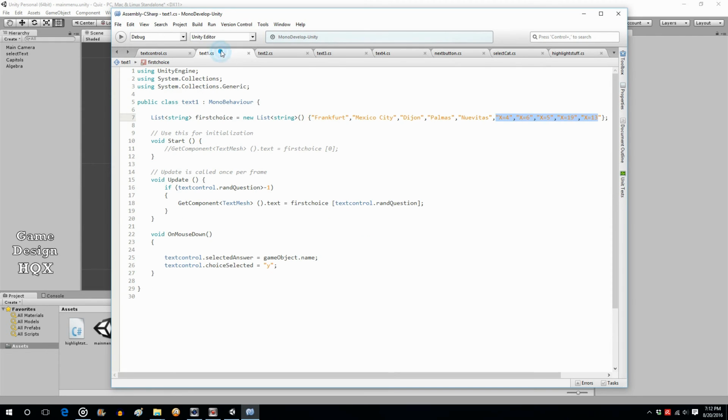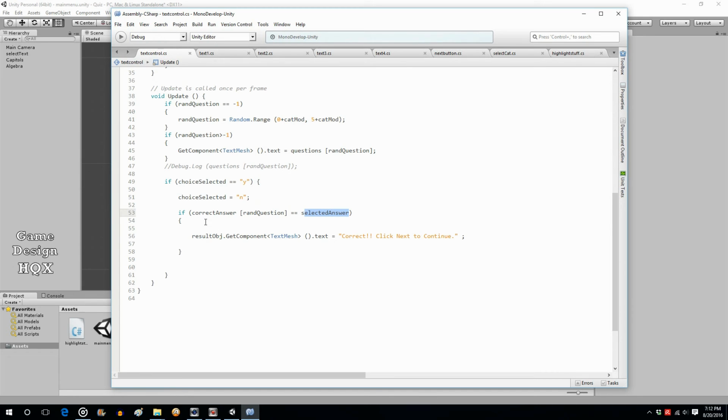And the selected answer is what you just clicked on. So we have, if it's right, this occurs. But if it's not right, then something else needs to occur. So else